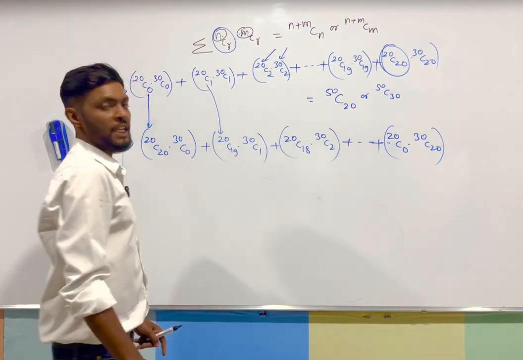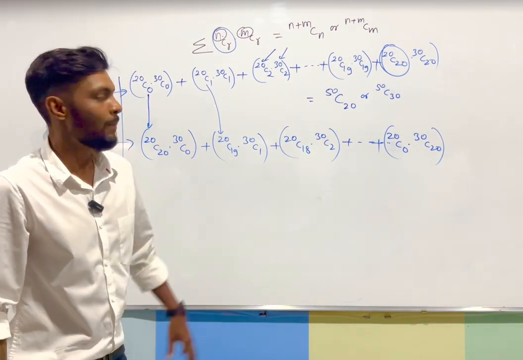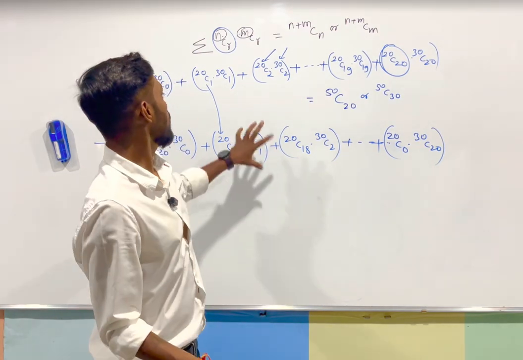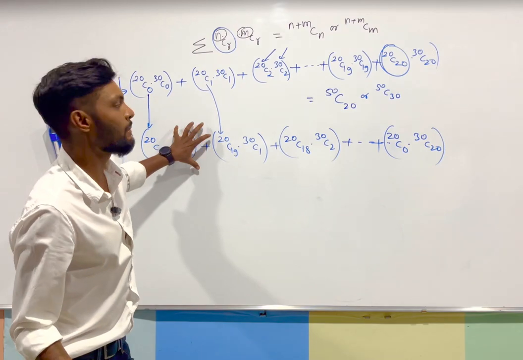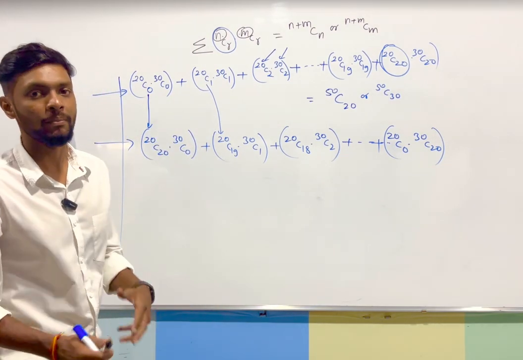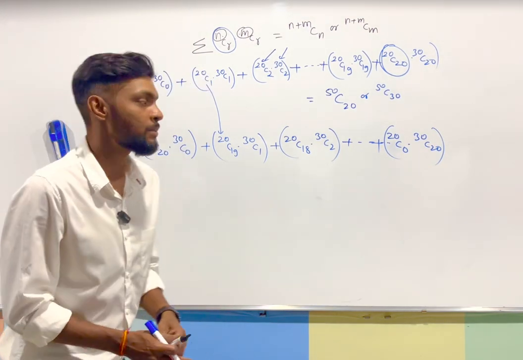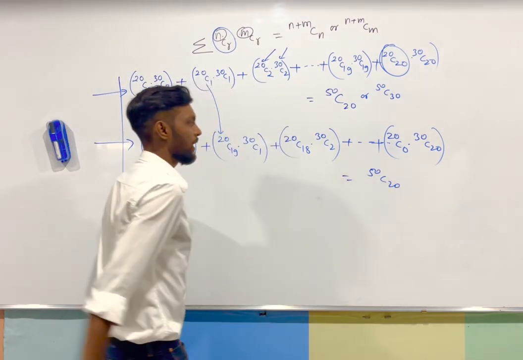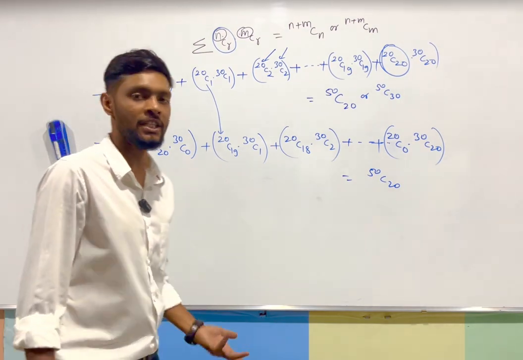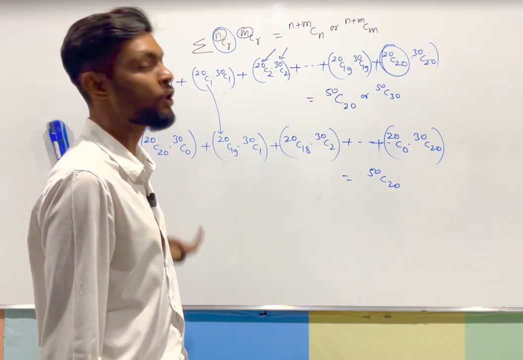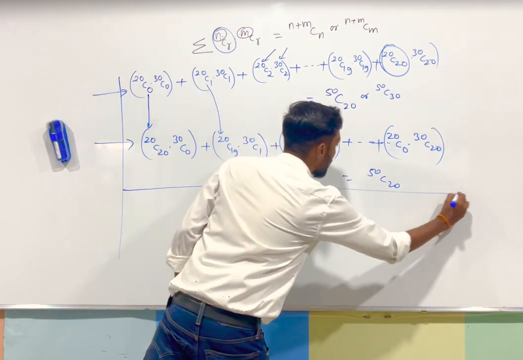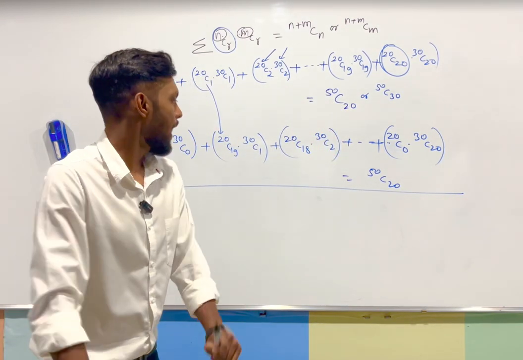Okay, so I changed the series, but you know that the value of this series is same as this series because I changed the terms keeping the value of those terms same. Okay, so the answer is 50C20, you know that. How do we visualize it just by permutation and combination without making any calculation? To understand it, be concentrated for 2 minutes and